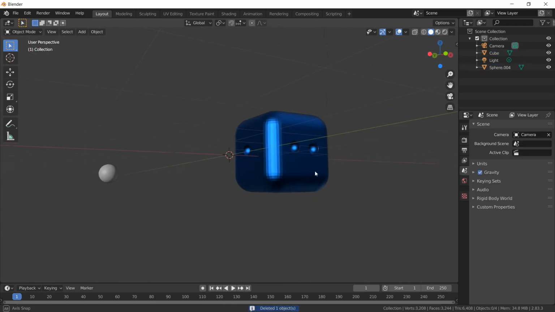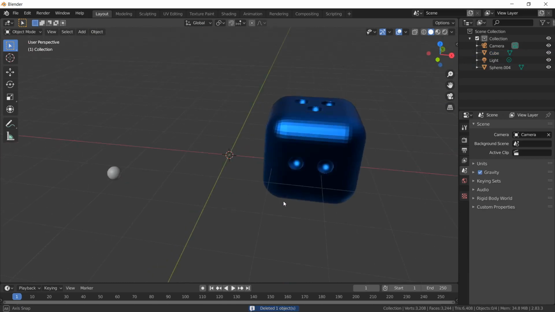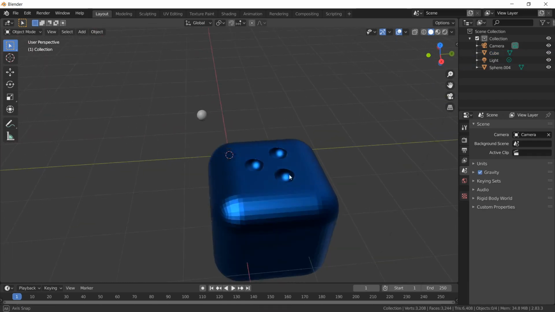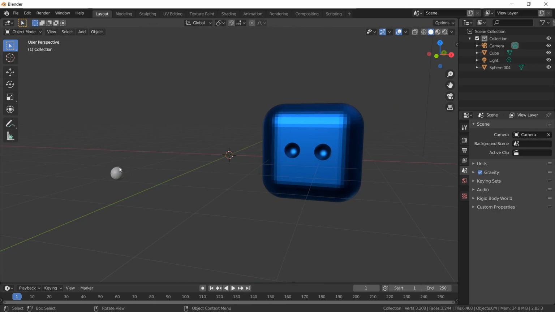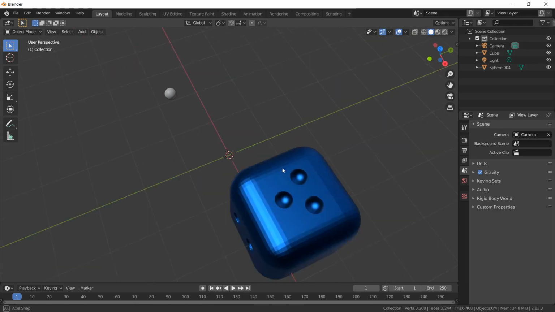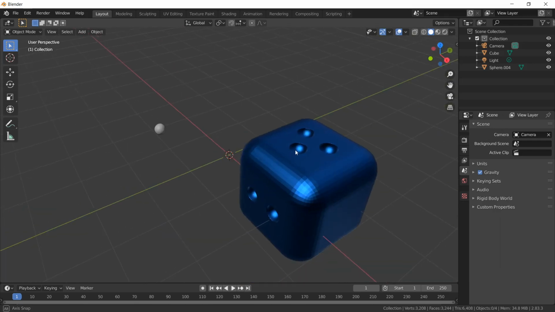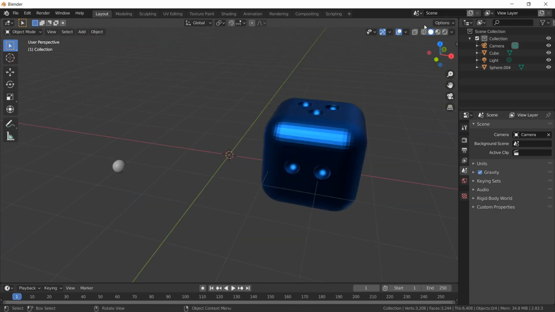So we have seen now how we have created 1, 2 and 3. Similarly, we can create it on all the surfaces. We can duplicate the sphere by pressing Shift D, so the shape and the structure remain the same, and I can place it. For seeing the proper placement, I can go to wireframe over here and finally see whether the sphere has gone inside my cube or not.